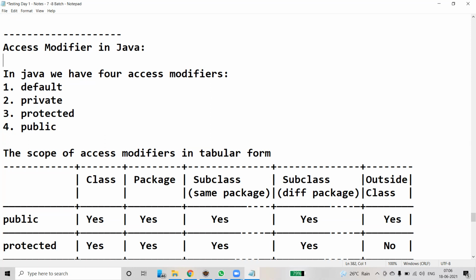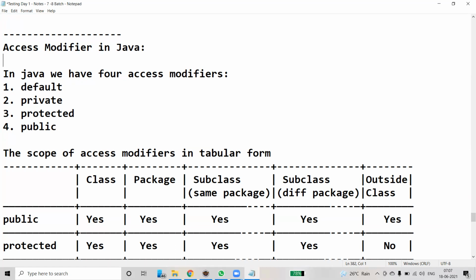What is encapsulation? We encapsulate member variables and functions inside a class. This can be implemented by using access modifiers. So basically, we can implement abstraction using encapsulation. Encapsulation can be implemented technically using access modifiers: public, private, protected, and default. These are the Java provided access modifiers. What is their scope? What is the scope of these access modifiers?